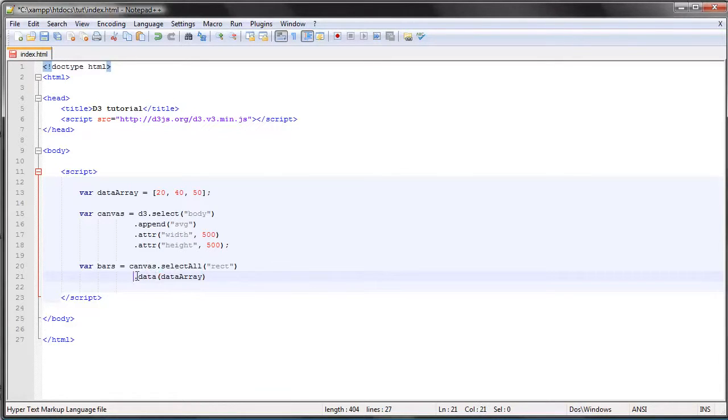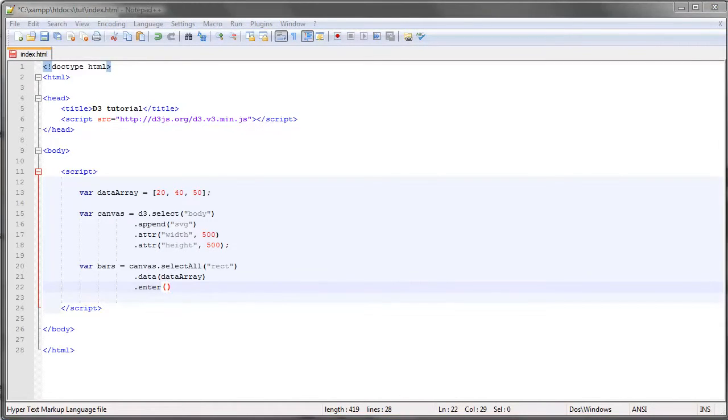So far we've bound our data to an empty selection. The next step is the enter method. This method returns placeholders for each data element for which there are no corresponding DOM elements on the page. So yeah, that's weird, but